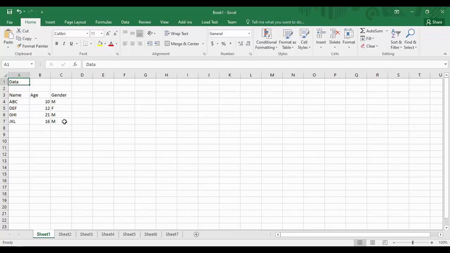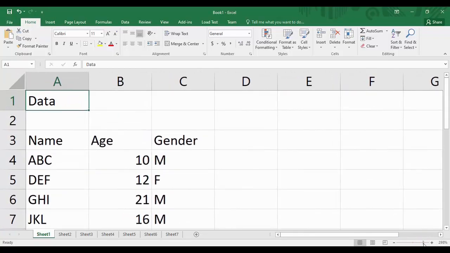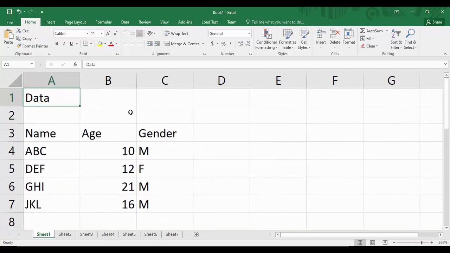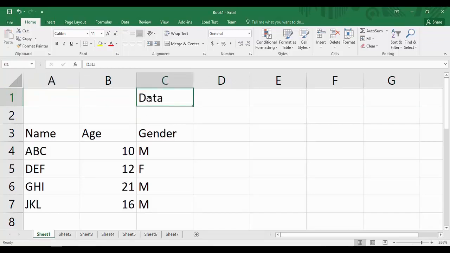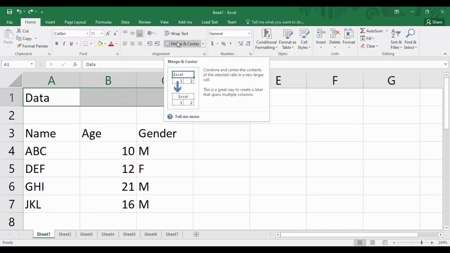So this is a table that doesn't look very good, so we are going to apply some formatting to it. And for that, first of all, go to the bottom right corner and increase the zoom percentage a little bit so that you have a clear view of whatever data you have written. Then, to make it more visible, select these three cells together, and if you want to bring your heading to the center, go to the home tab, and here you will find an option of merge and center.